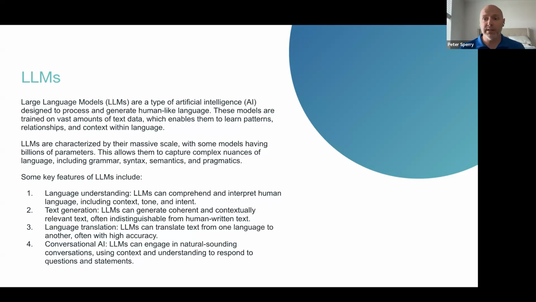Text generation. Because they are trained to understand human language, they can also generate output that mirrors coherent and contextually relevant human text. And often it's indistinguishable from human conversation. Language translations. So LLMs are not just trained in English. They are trained in multiple languages and understand the cultural nuances of putting languages together. It's not just literal translation. It's oftentimes contextually and linguistically correct formulations of alternative languages outside of English.